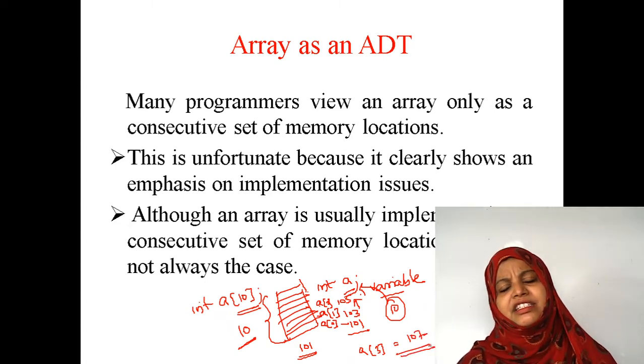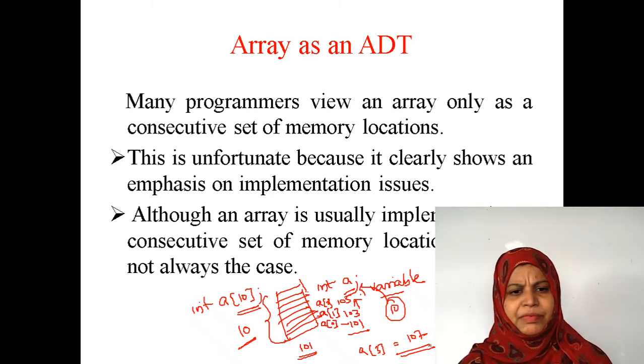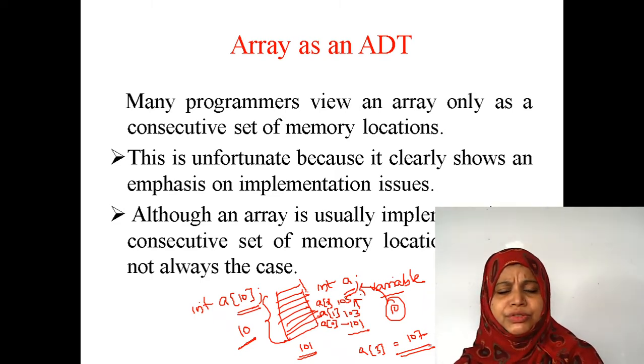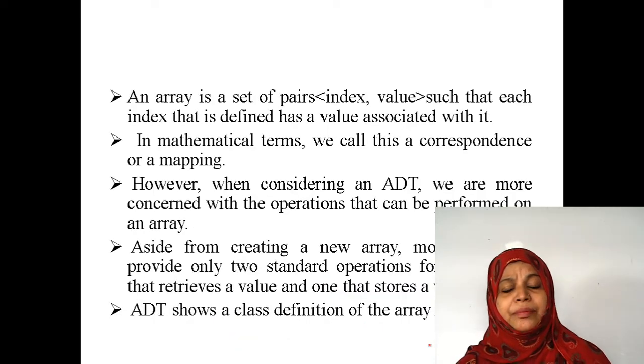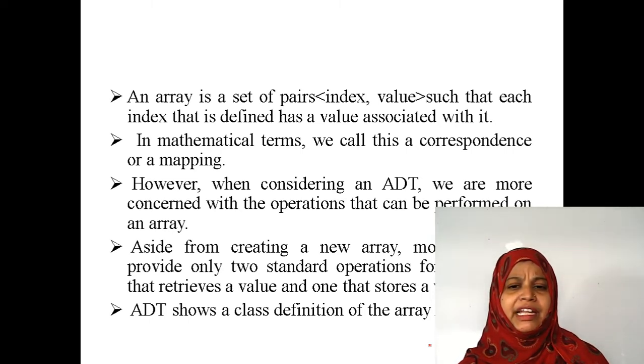Here, an array is a variable in which we can store the values in continuous memory locations. Generally it is very easy to declare an array, and the user knows that we are giving continuous memory locations to that variable A. But in some cases, when we implement the array by using the abstract data type, we can easily retrieve the information present in that array.